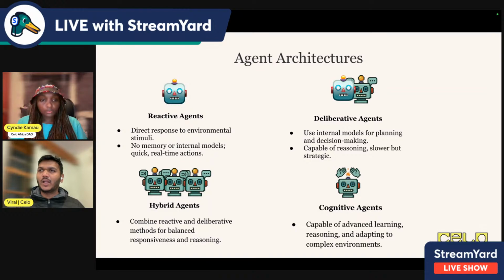Because a lot of times when you give a very big prompt, there are high chances that your agent or your model will just hallucinate and will not give you a proper response. But if there's a planning or decision making phase before actually executing, the agent will plan accordingly, give itself steps on what it needs to do, and after that it will execute everything. So deliberative agents are a little bit slow because they have to create a plan, but they're more accurate and reduce hallucinations. And there's a hybrid approach where you combine both reactive and deliberative methods for balanced responses and